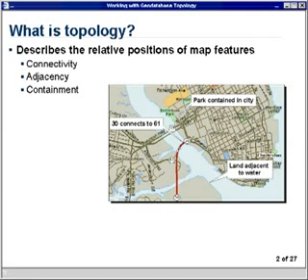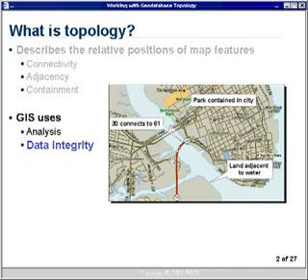Geodatabase Topology Basics. So you might ask, what is topology, and why is it important with GIS? It describes relative positions of map features. For example, connectivity, Highway 30 connects to Highway 61. You have adjacency, the land is adjacent to water. You also have a park that's contained within the city boundary here. So those are some examples of some spatial relationships in the real world that you might want to try to